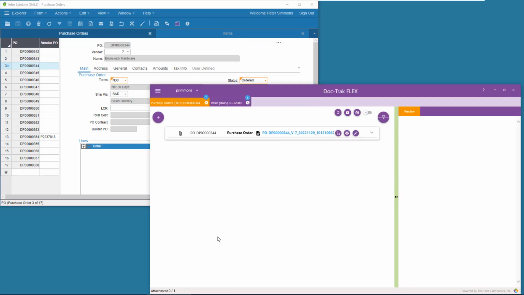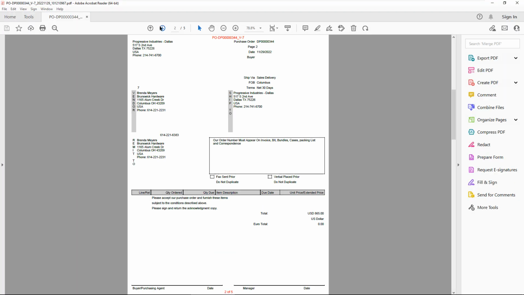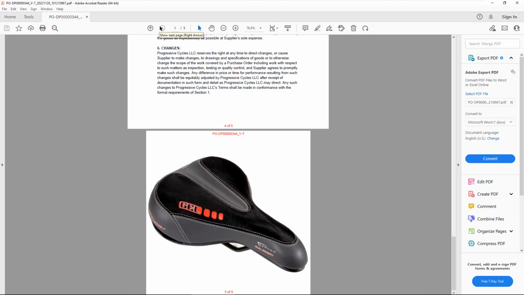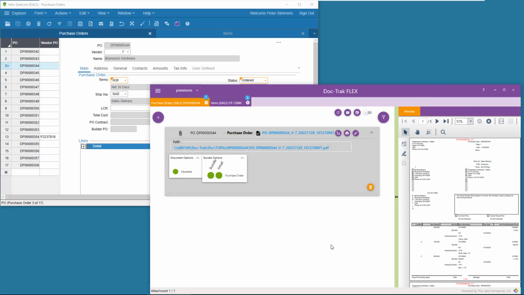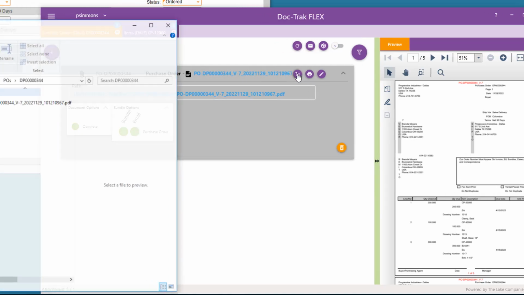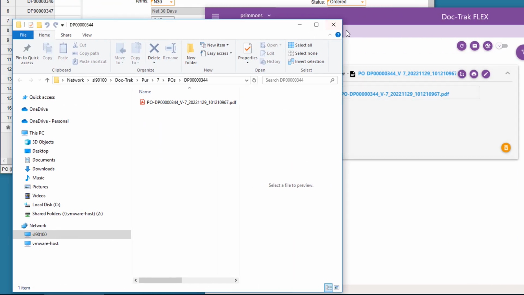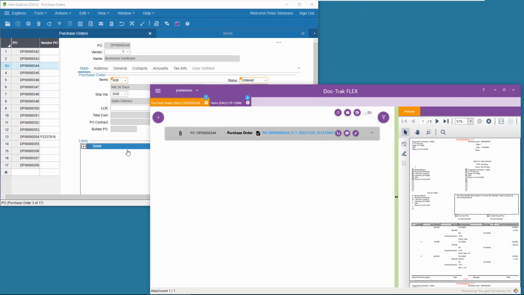DocTrack actually creates electronic documents by automatically bundling Sightline reports with their attachments. Then it saves the new file with an intelligent path and file name. And attaches it to the appropriate Sightline record automatically.